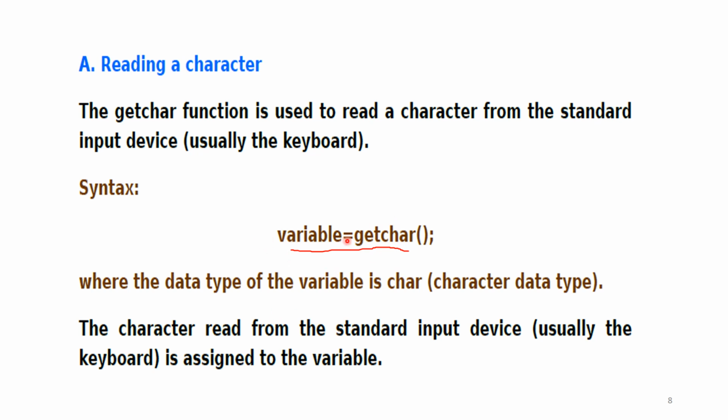The syntax is variable equal to getchar, parentheses open close, semicolon, where the data type of the variable should be character. The getchar function is used to read a single character from the standard input device. The character read from the standard input device is assigned to the variable,